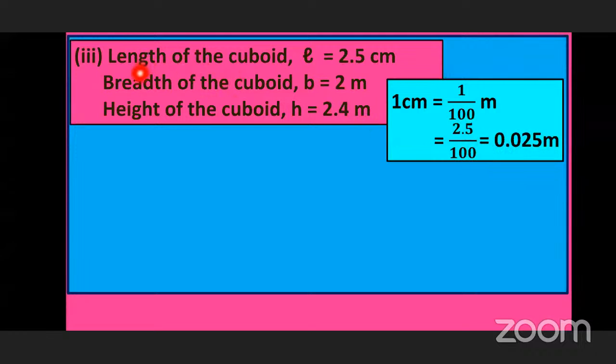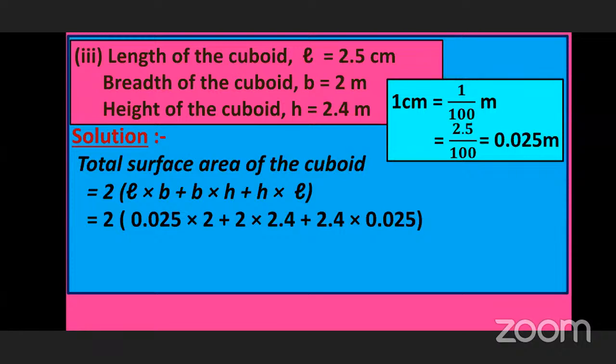So we have converted the length and we have got the unit meter. So now we are having the value of length as 0.025 meter. By solving the sum, children, we should not forget that we have to consider this length as 0.025. We will not take it as 2.5 centimeter as it is having a different unit. Okay. Now we will write the formula and we will substitute the numbers in length, breadth and height. And then we will multiply these numbers. 0.025 by 2 plus 2 by 2.4 plus 2.4 times